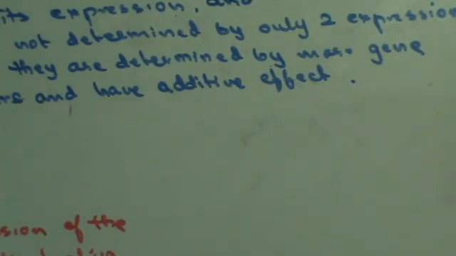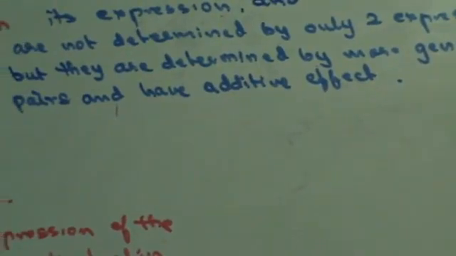Right? So, what is polygenes? It is an interaction of characters where you have gradation in its expression, and the characters are not expressed with only one pair of genes but multiple pairs of genes which add together to give you the final expression. Fine, do we get this thing clear? Now,